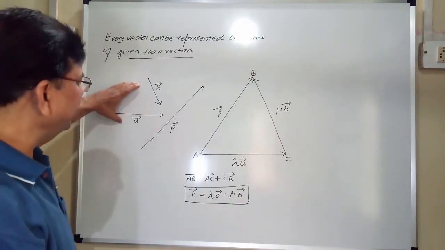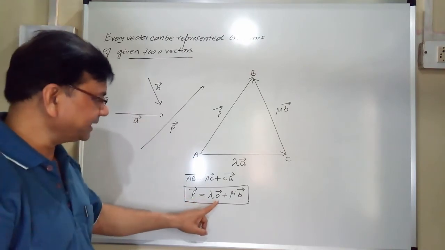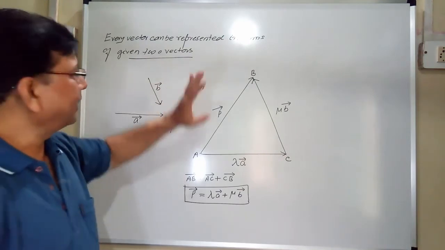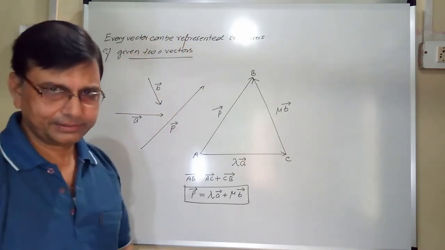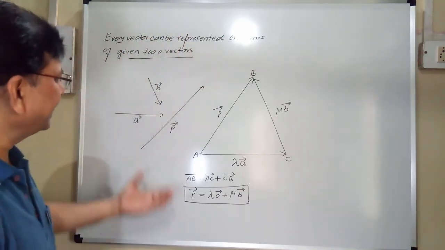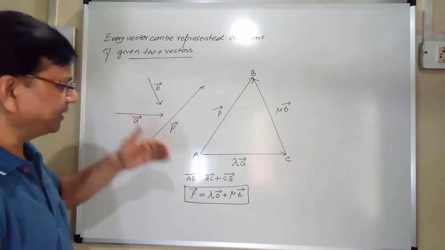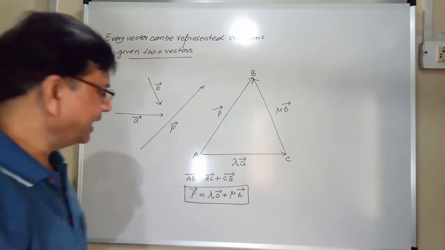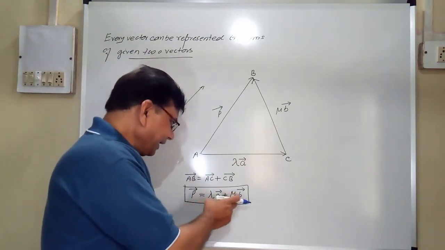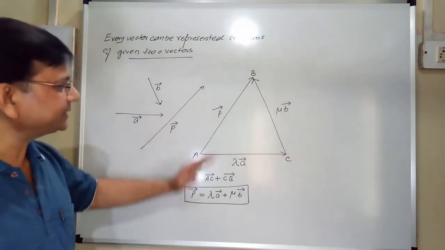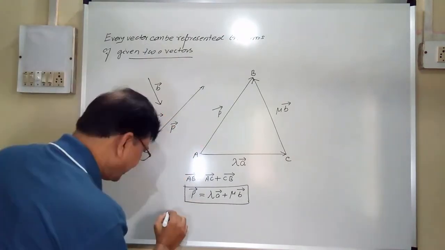Given vectors A and B, P is represented in terms of the given vectors. That was our main heading. So we can understand any vector P can be represented in terms of the given two vectors, right? Here this lambda A and mu B, these are called the components of the vector P, where